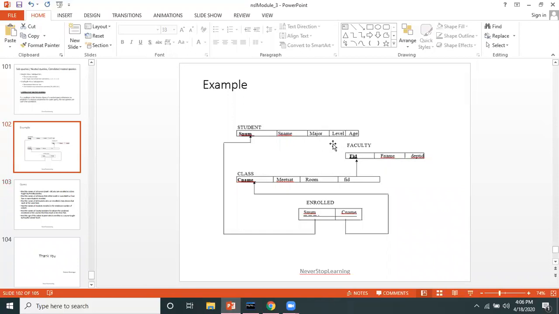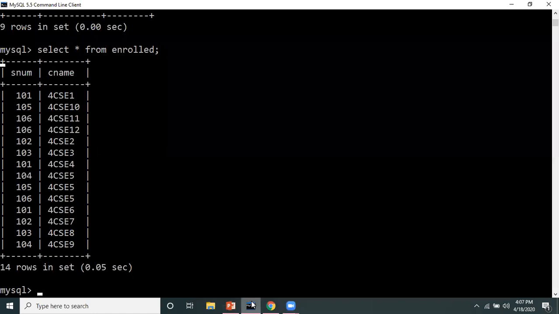Now faculty and student are not directly connected, they are connected through the table enrolled. In table enrolled also we have student number, and then we have this class name. That means I have to use the class table as well. So here this class name is there. Using that reference I'm getting the faculty ID, which faculty is teaching this particular class, and using that faculty ID I can fetch the faculty name, because in the condition it's saying professor name is Narsimha. So basically I have to use all the tables. Fine. So let's start the query.